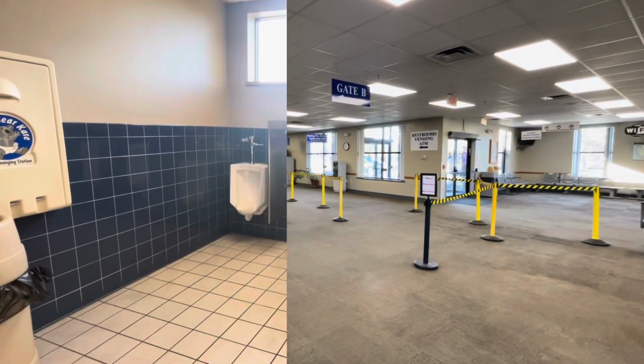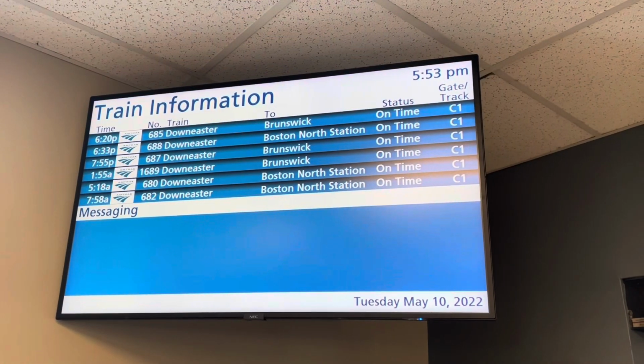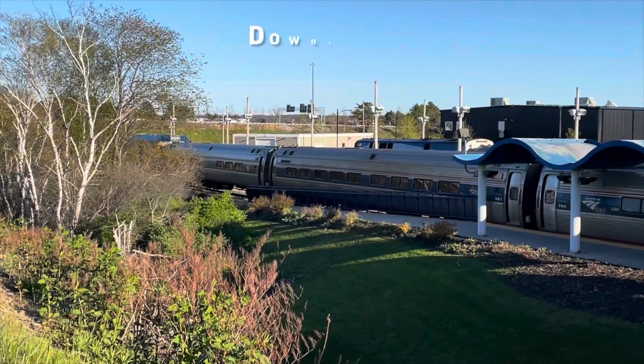If you're in a bit of a pinch and you need to get to Boston ASAP, there is a service counter where they will sell you bus tickets to Boston up until moments before departure. Speaking of departures,